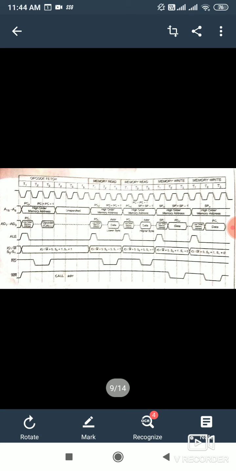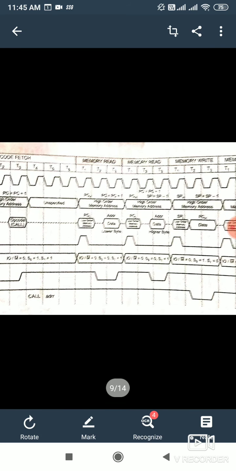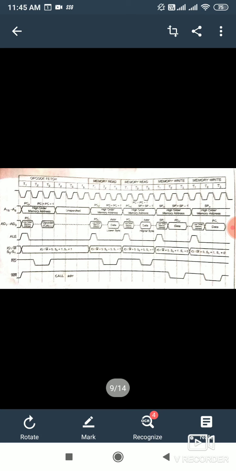To read that 16-bit address, the microprocessor has to use two machine cycles, memory read and memory read. So these two machine cycles are used to read the address where the call has to take place, the address of the subroutine.